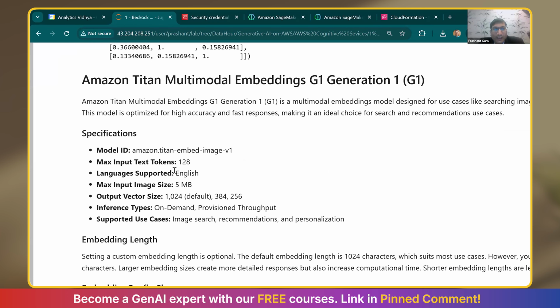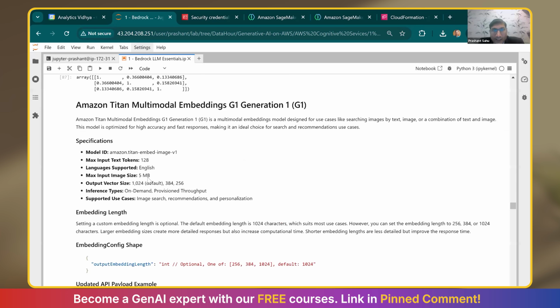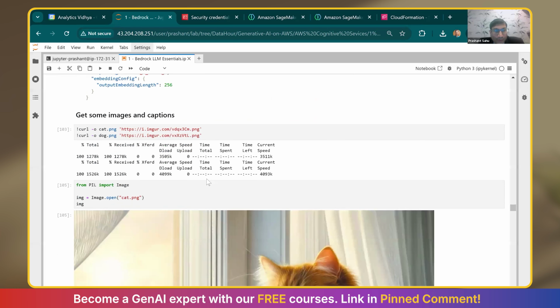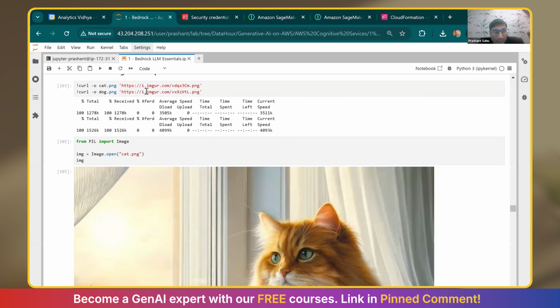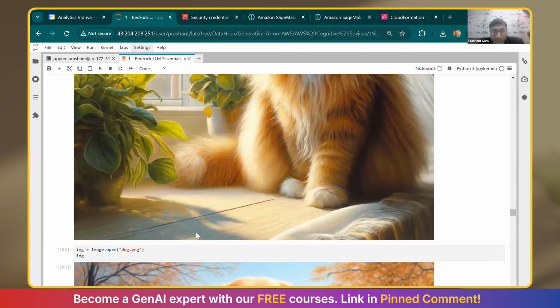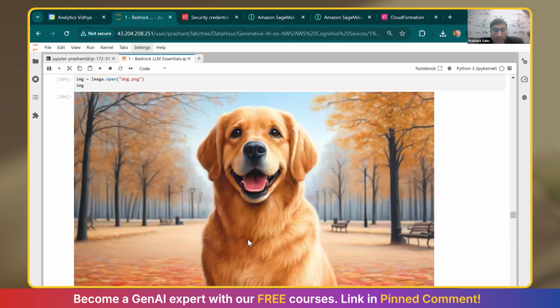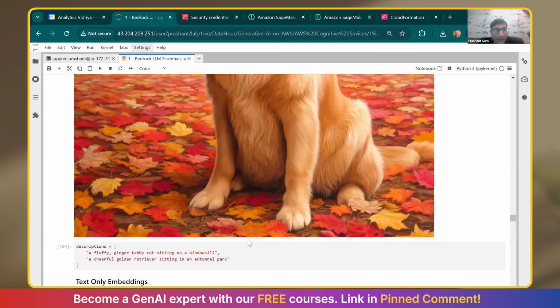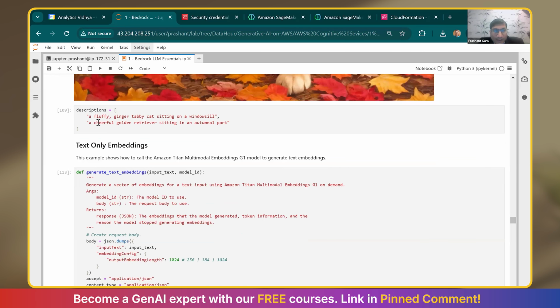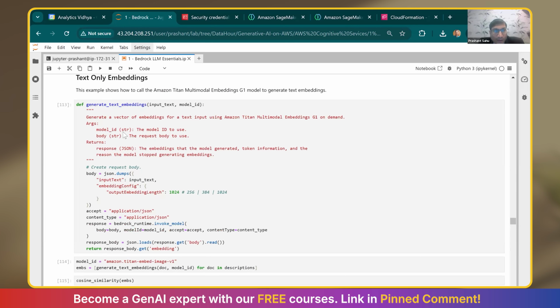Okay. And then again, multimodal capabilities are there in some of these models. So here are the codes. I am just downloading a couple of images there. This is a cat image that I downloaded and then just printing those images here. So here are a couple of descriptions that I have given for the images. Now, what I'm going to do is